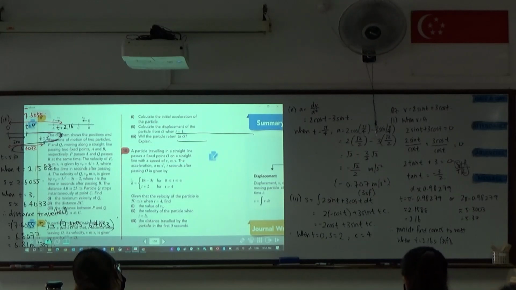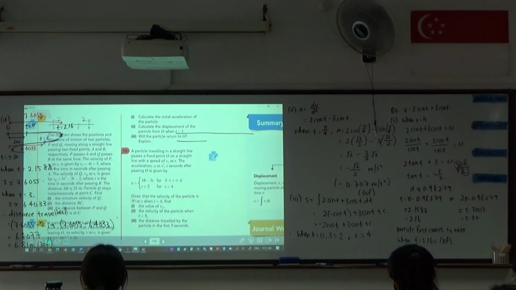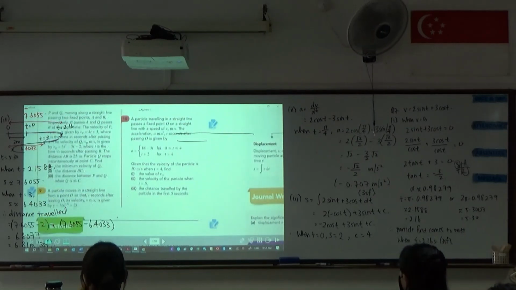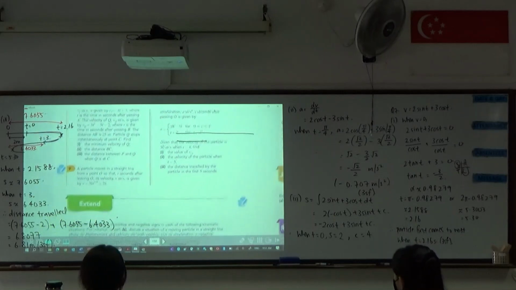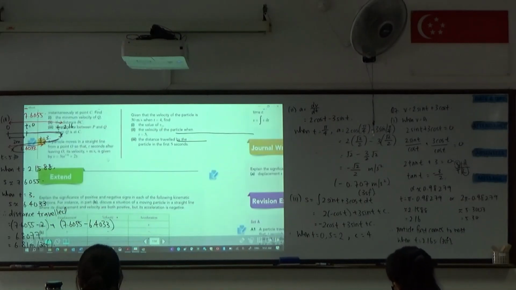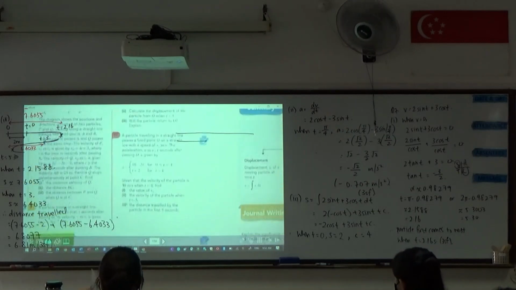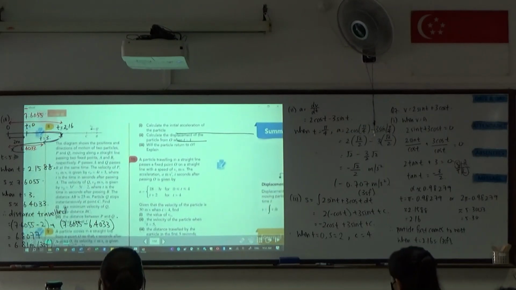For question 9, I know you said that there's no problems, but for part 3, maybe let me just explain. For the particle to return to O, how do we explain it? Because in this case, your velocity function is in exponential form. Okay, question 9, yeah? So in order to explain it,